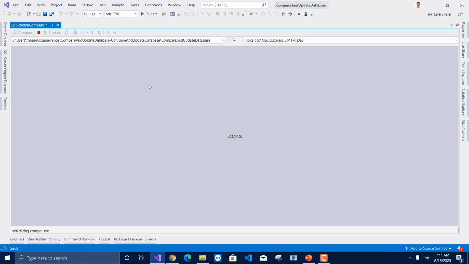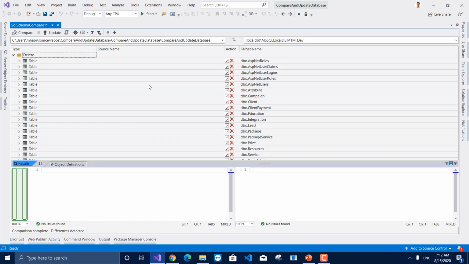Visual Studio is comparing the database. It will take few moments. So here you can see the comparing of database projects has been completed.